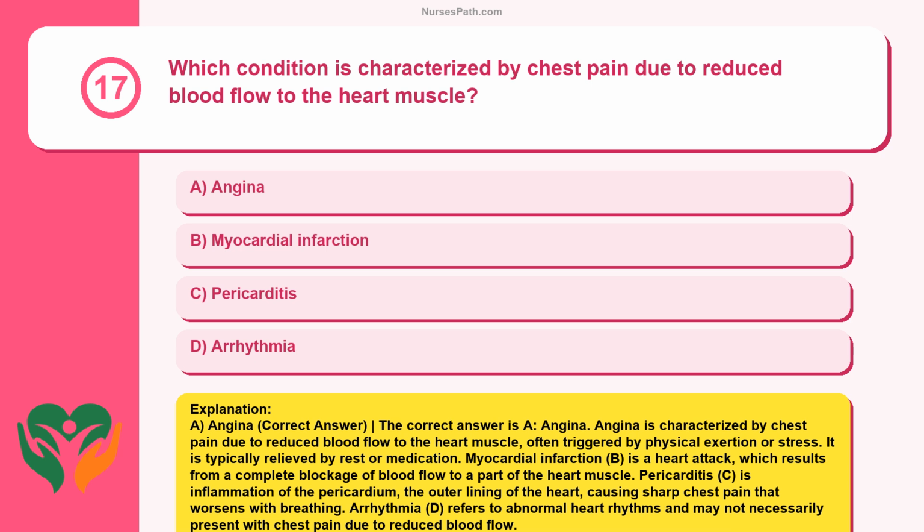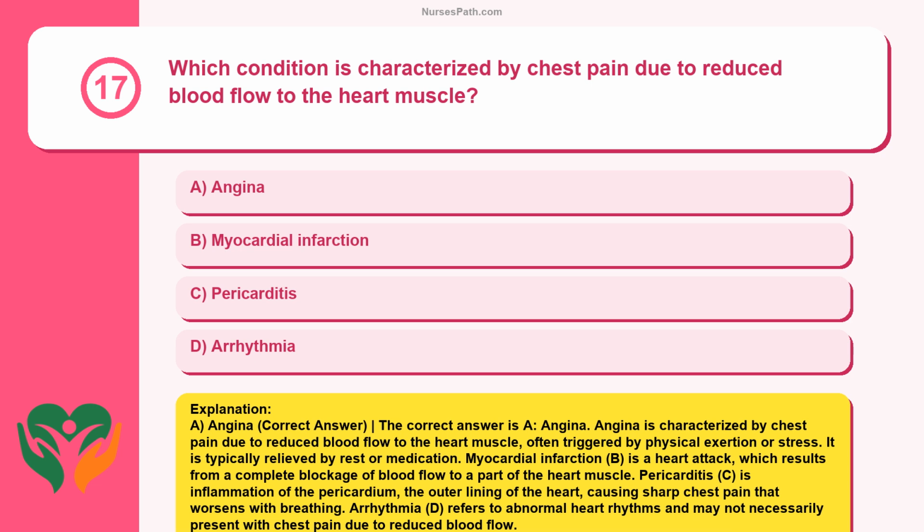Angina. Angina is characterized by chest pain due to reduced blood flow to the heart muscle, often triggered by physical exertion or stress. It is typically relieved by rest or medication. Myocardial infarction, B, is a heart attack, which results from a complete blockage of blood flow to a part of